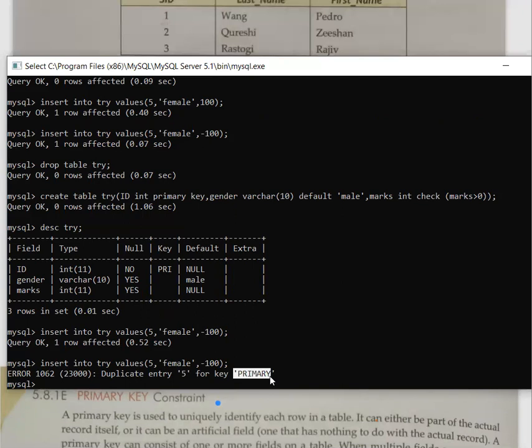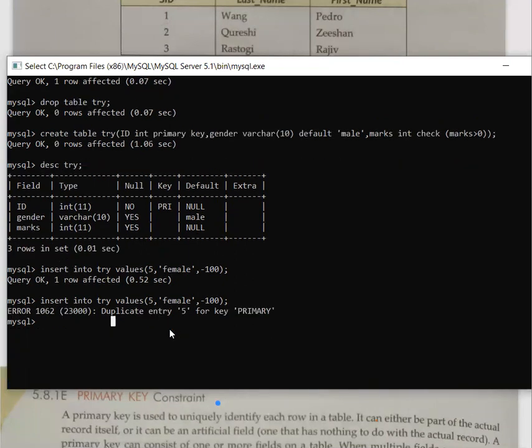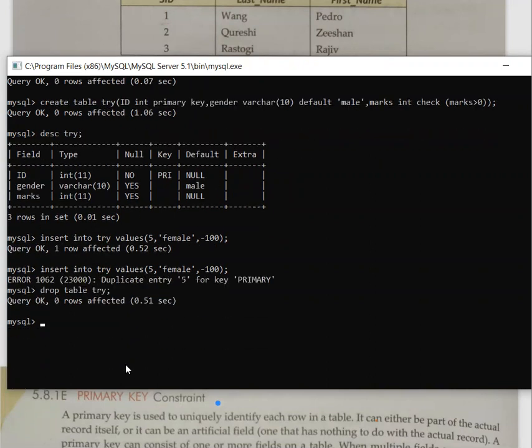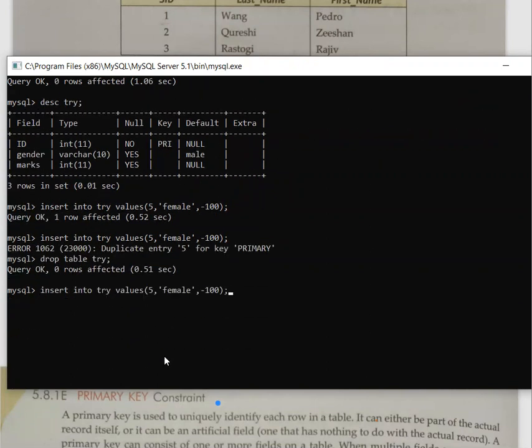Now the next thing is we can make it unique also. For example, I'm again dropping this table, drop table try, and then I'm making this again. See, these are all very basic questions, even for your viva. Here I'm writing ID.